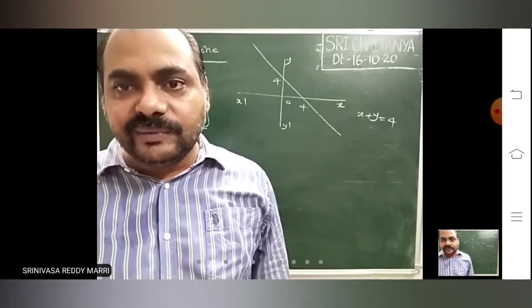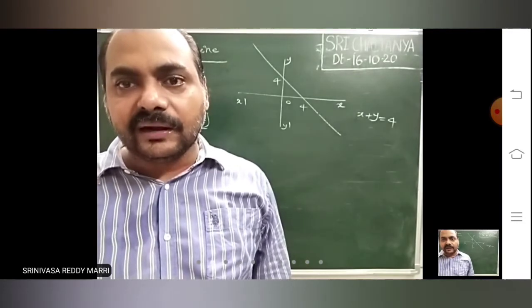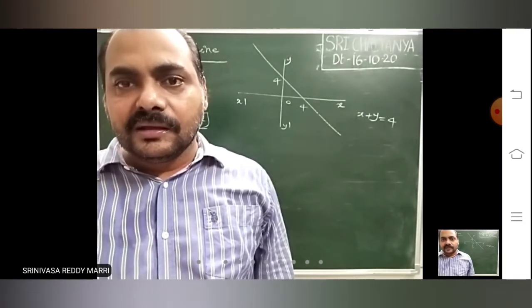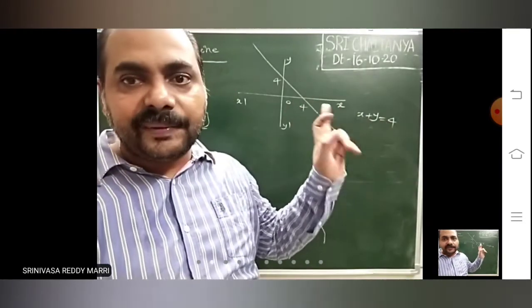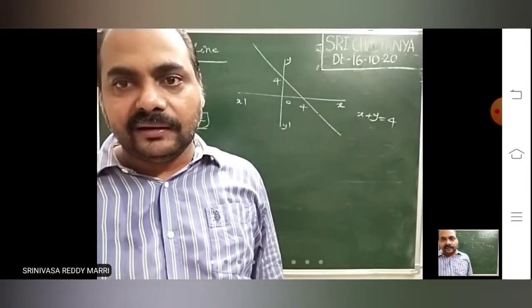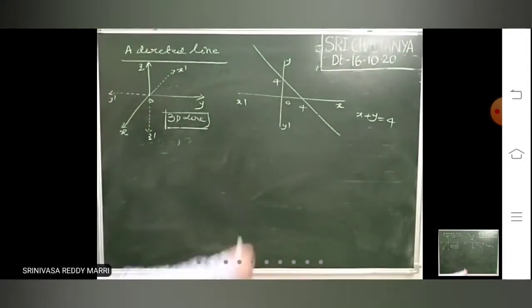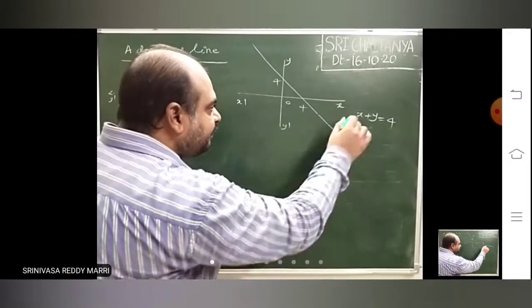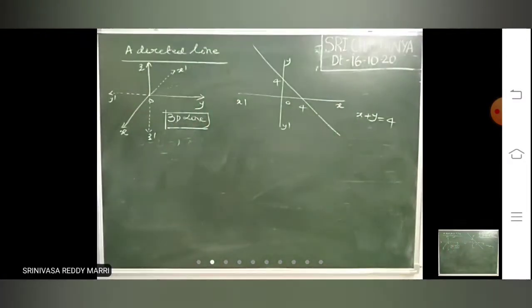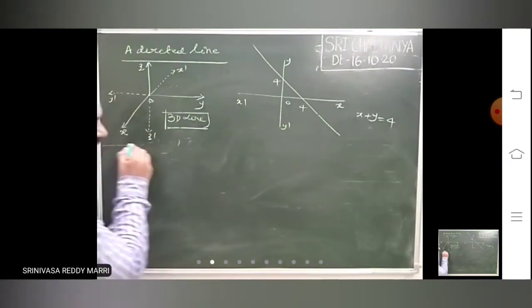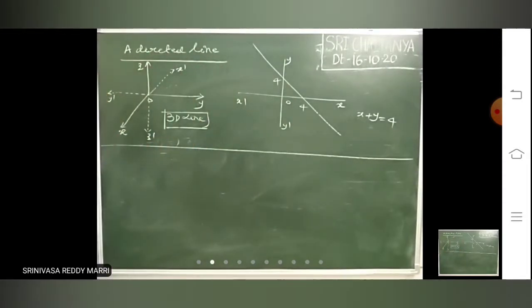Okay, now. So in XYZ it will be there means what? It will not be on your paper, right? It will be inclined to your paper or perpendicular to your paper. Your pen is nothing but a 3D line. Right, like that. A straight line like this only it will be. It won't be any curve in 3D. Straight line only. But Z factor will be there. Look at directed line. Now we will deal with how to find the equation of the line.